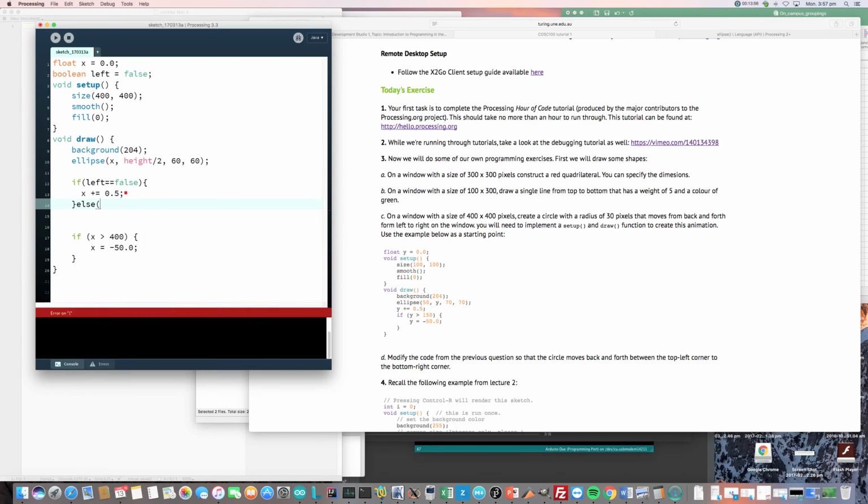Otherwise, we need to swap around the direction this one goes. Oops, I'm going to drop that in there. So now what we're essentially doing here is switching the direction around. So if it's left, so if at any point you don't need this one anymore, we go left equals true. So we're moving back to the left. And we need to put another condition here. If x is less than 0,